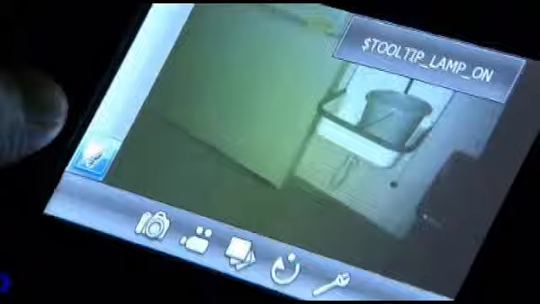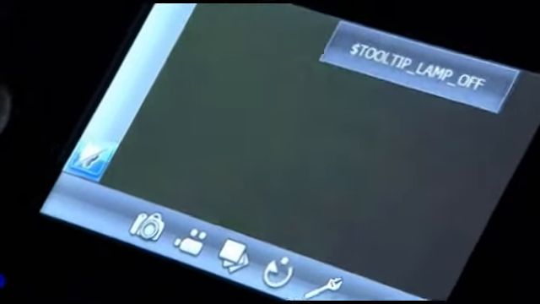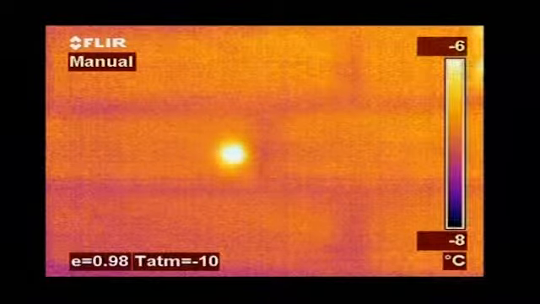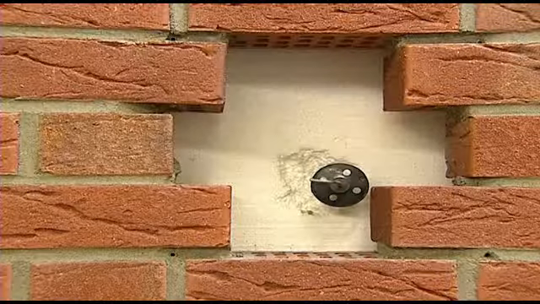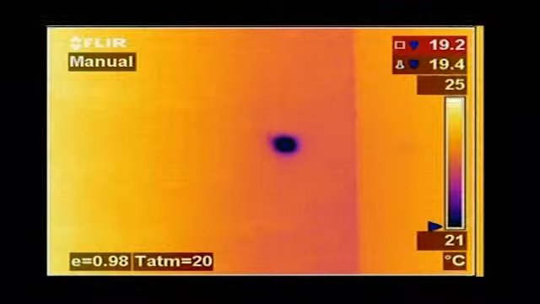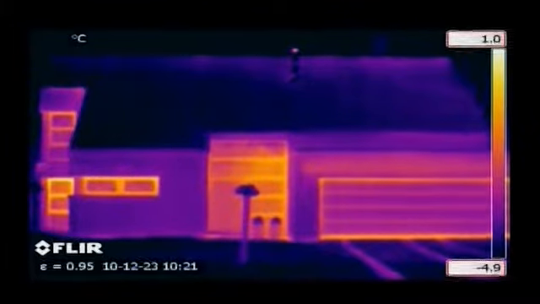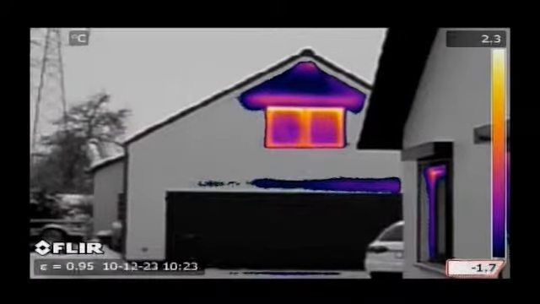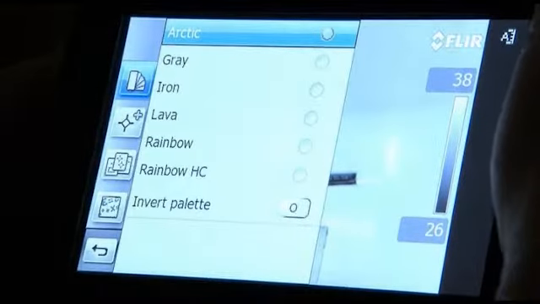Built-in LED lamps ensure high-quality visual images regardless of job site lighting levels. Thanks to thermal imaging, it's now easy to prove the competency and proficiency of building contractors. It gives an instantaneous visualization of the heat losses, humidity, and air leaks that can occur in buildings. Whatever the building problem, FLIR thermal imaging cameras will make it clearly visible.